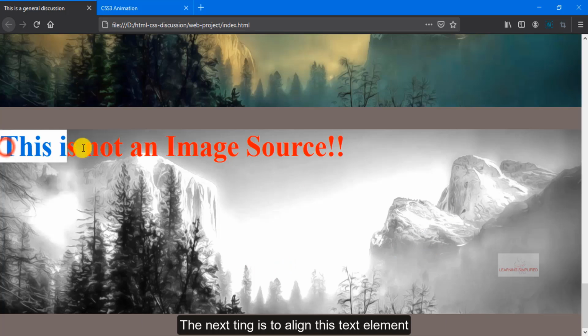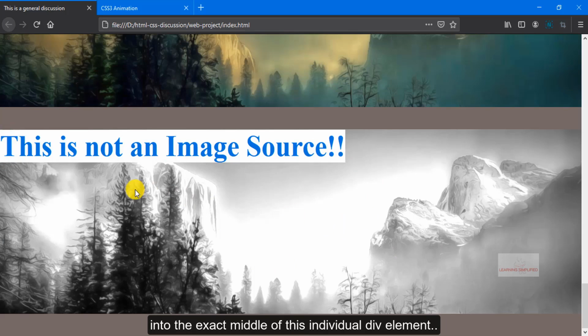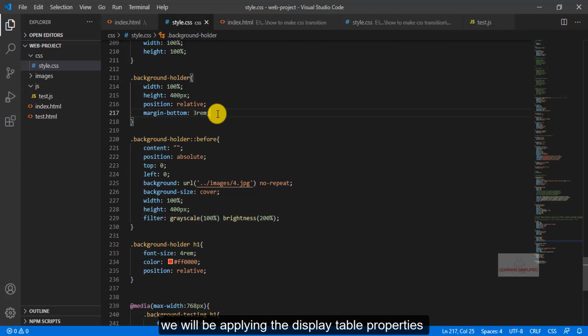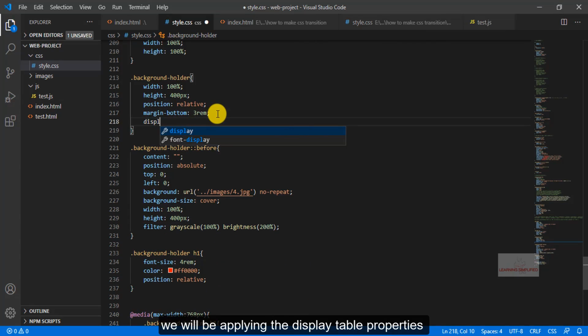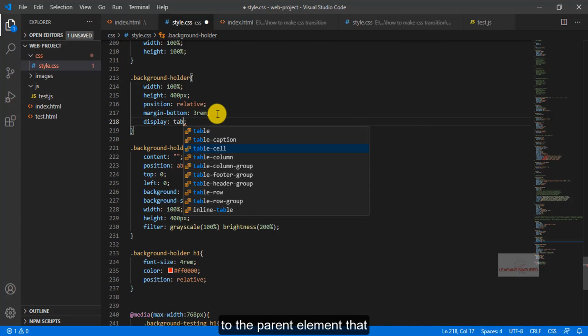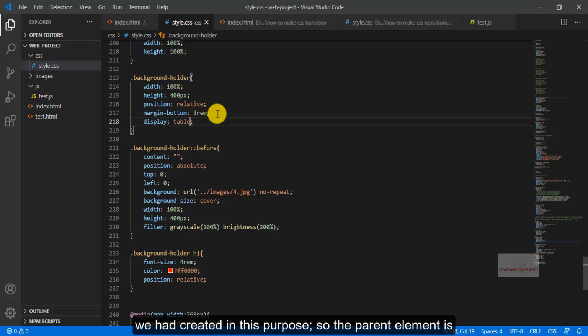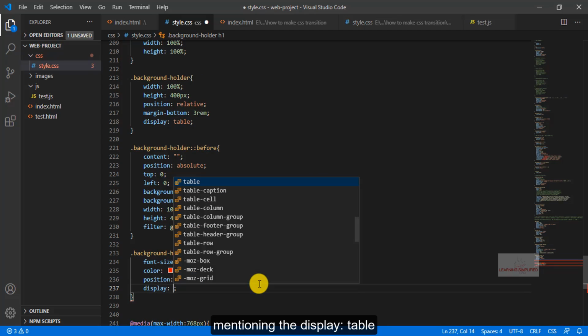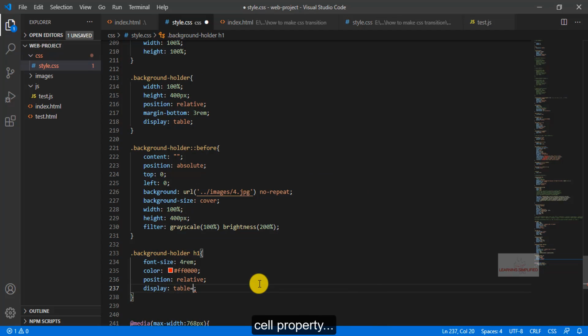The next thing is to align this text element into the exact middle of this individual div element. Let's head back to the text editor, and here we will be applying the display table property to the parent element that we had created for this purpose. So the parent element is the background holder, which is practically holding all those contents. And here we will be mentioning the display table cell property,